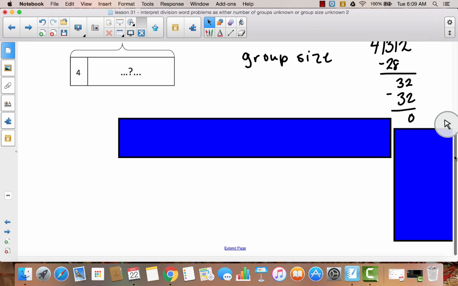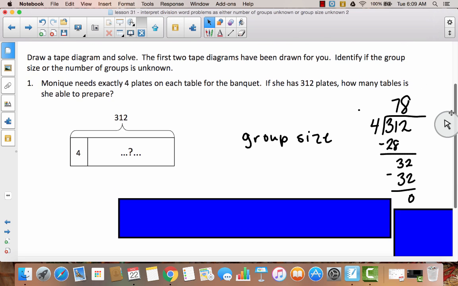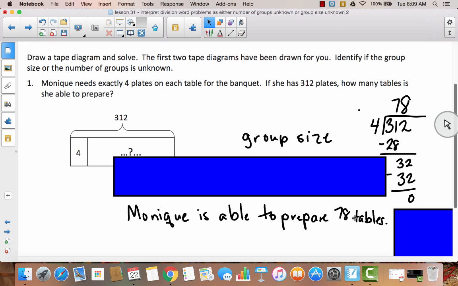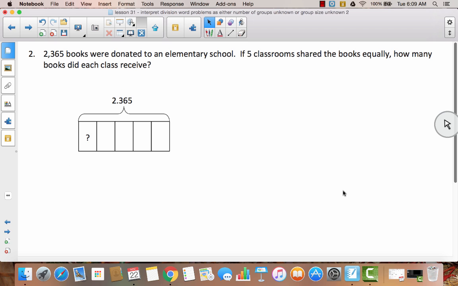So now that I have my answer of 78, I went back and looked at my question. How many tables is she able to prepare? And I said Monique is able to prepare 78 tables. Okay, so let's look at problem number 2. So we have